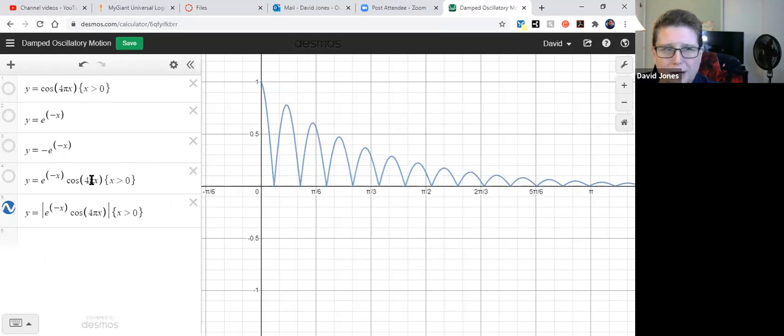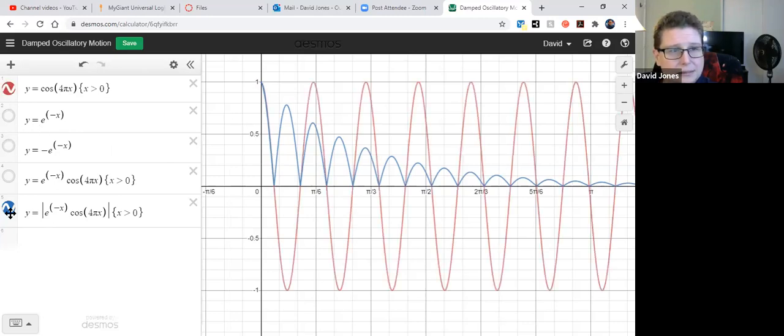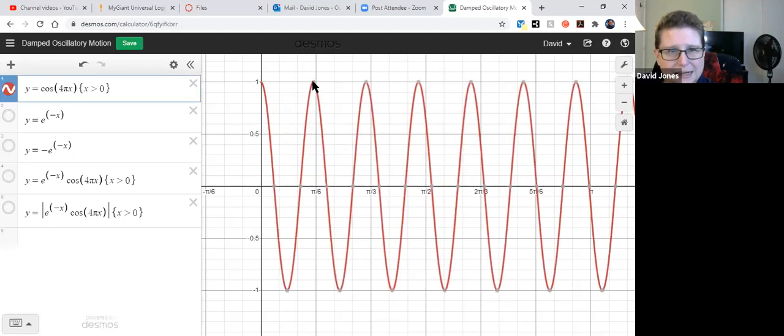I use 4 pi x. We could have just done regular x, but let's turn that off. You'll see it repeats. B is 4 pi. 2 pi divided by b is 1/2. So these are all 1/2 wide. All right,